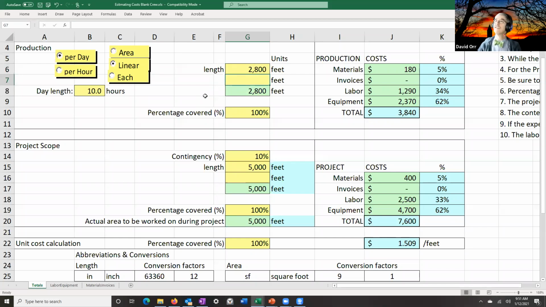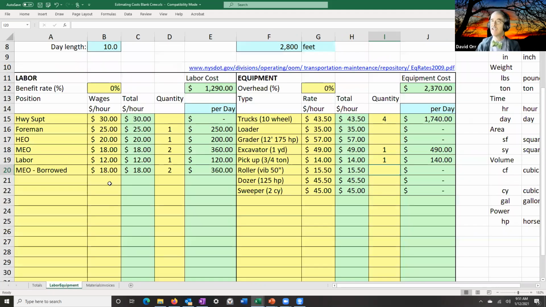That's a pretty good guess. Okay, so about $1.50 per linear foot. But remember, I didn't include my benefits and I didn't include any overhead for my equipment, the cost of storage and things like that. What kind of overhead rate do I need to pay for the barn and the lights and the heat? What number do you think I need for overhead rate if I didn't have it in already?